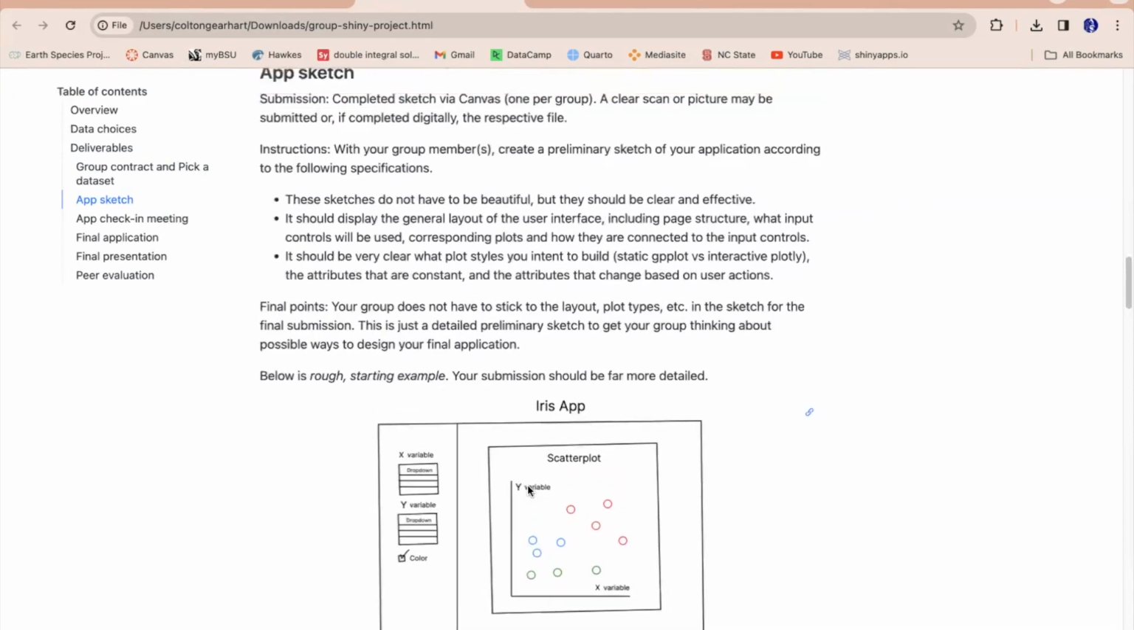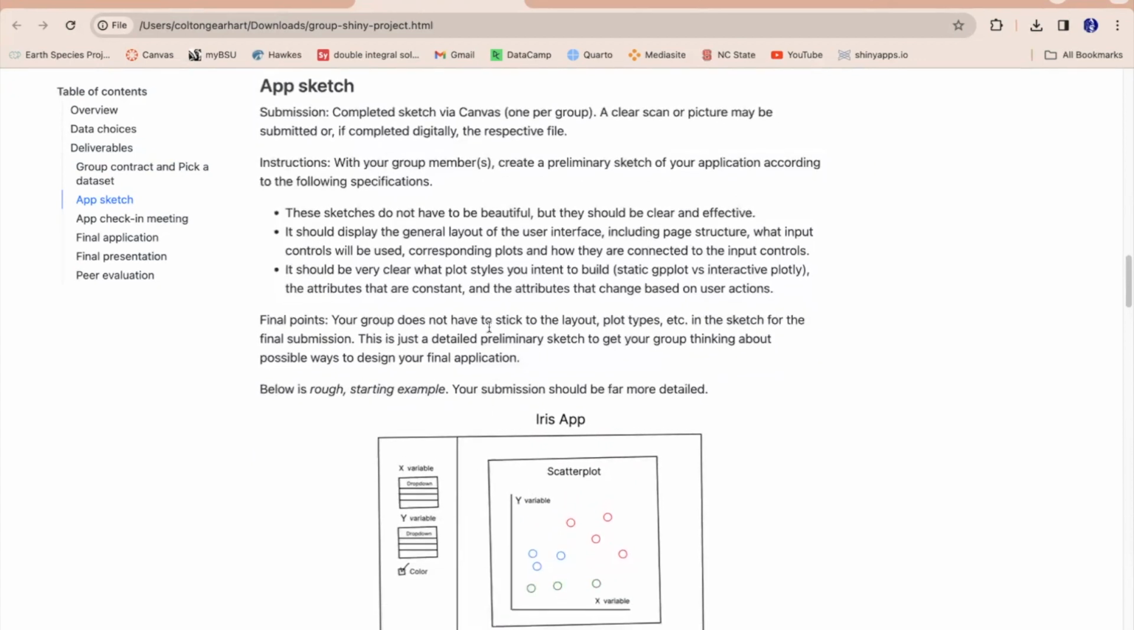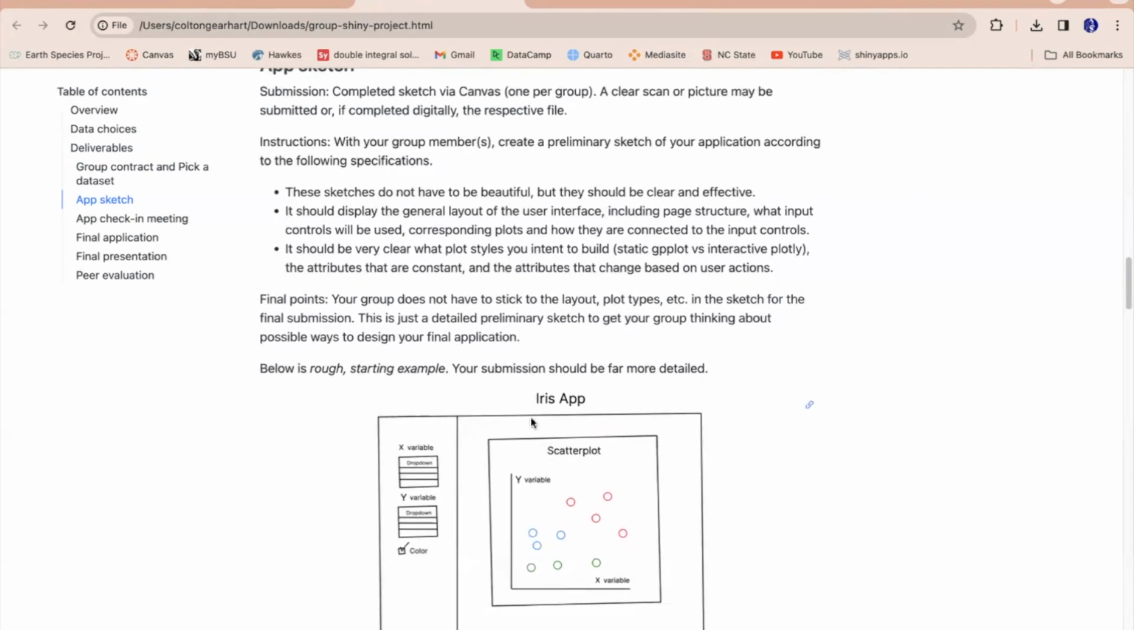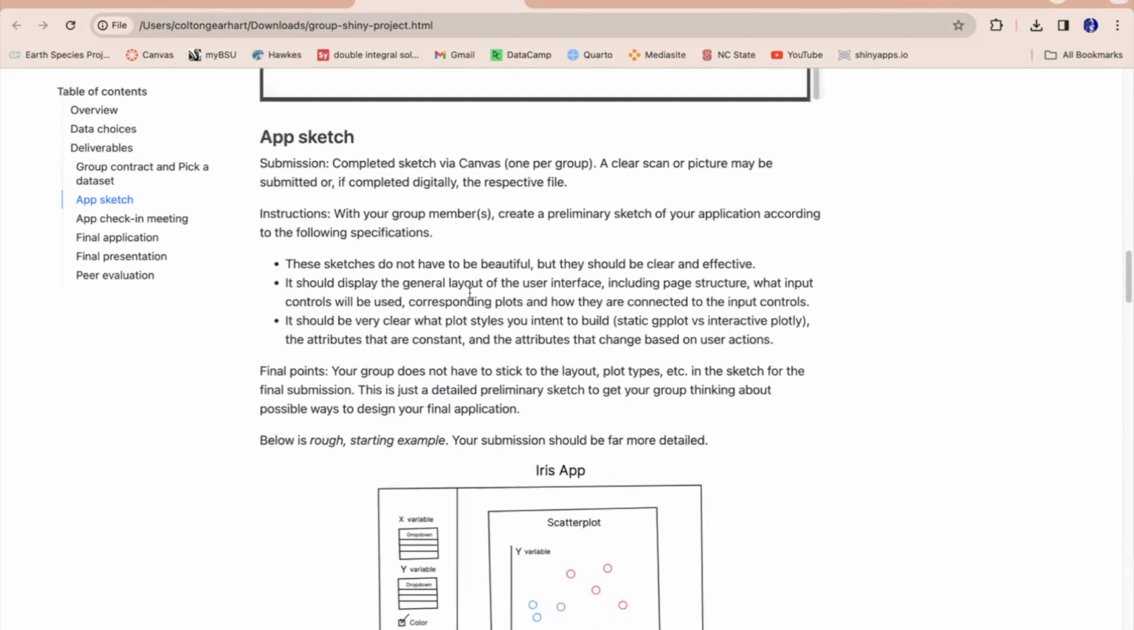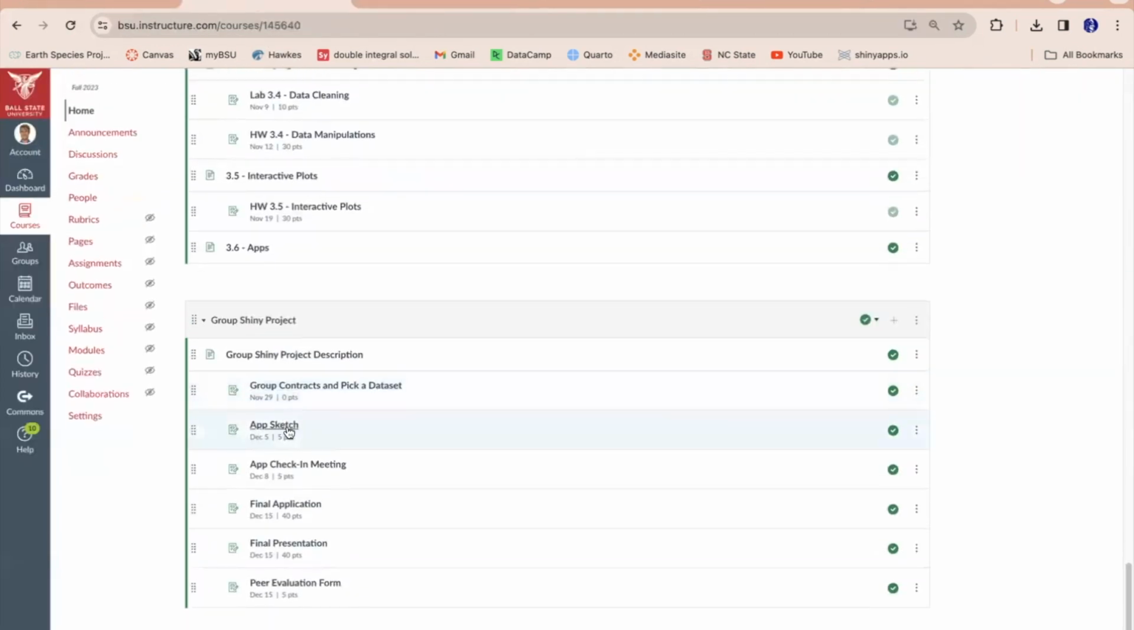So this one doesn't have to be anything beautiful. It doesn't have to be digital, so you can hand sketch this if you would like, but some kind of sketch demonstrating all the different features described here. So that is what I want for the app sketch, and that will be submitted for 5 points through